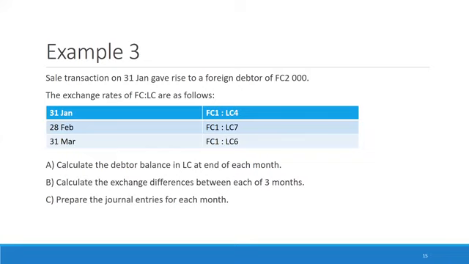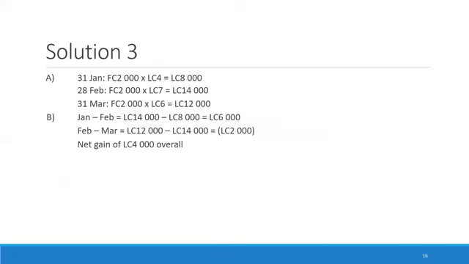Okay, so we would use these exchange rates to translate that $2,000 into local currency. So for the end of Jan, our exchange rate is 4. So we'll take the $2,000 times 4 Rand to get 8,000 Rand. Same with the 28th of Feb. That foreign currency of $2,000 is still the same. The only thing that changed now is the exchange rate. So it's now 7 Rand to $1. So $2,000 times 7 Rand gives us